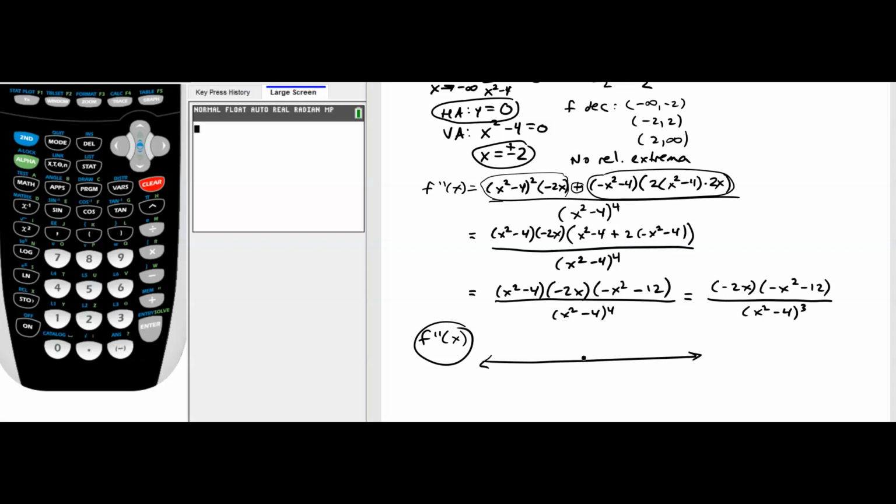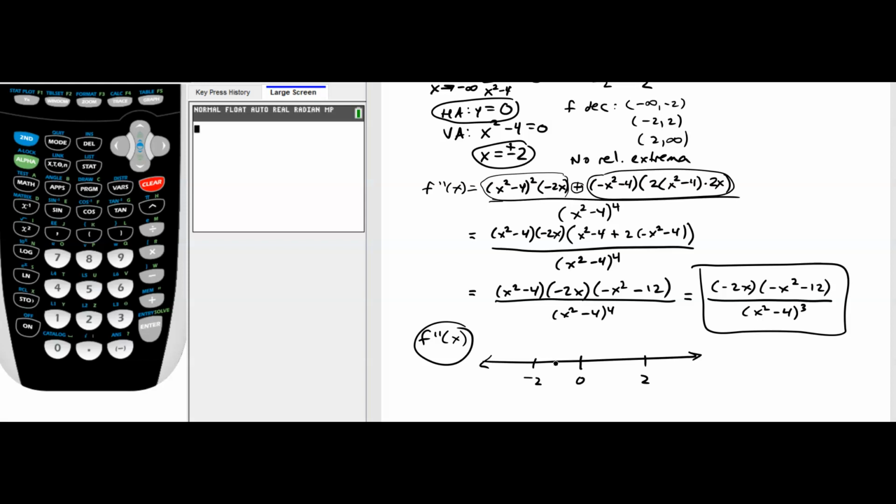So that's when negative 2x equals 0, or when this piece is equal to 0. But this piece is never going to be equal to 0. So we're only going to get x equals 0 from our numerator, and then we get x equals plus or minus 2 again from that denominator, because that's where the second derivative would be undefined. Now, let's make some substitutions into this second derivative, which is right here. And if I make some substitutions in, this is always going to be negative, but then this is going to be negative only when x is positive,